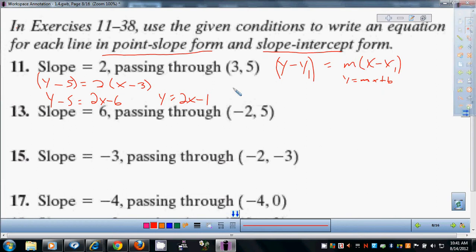Let's look at another one. How about 17? Y minus our y value equals the slope times x minus our x value. So it becomes y equals -4x. That'll be +4 times -4, so -16. Well, because this one has a 0,